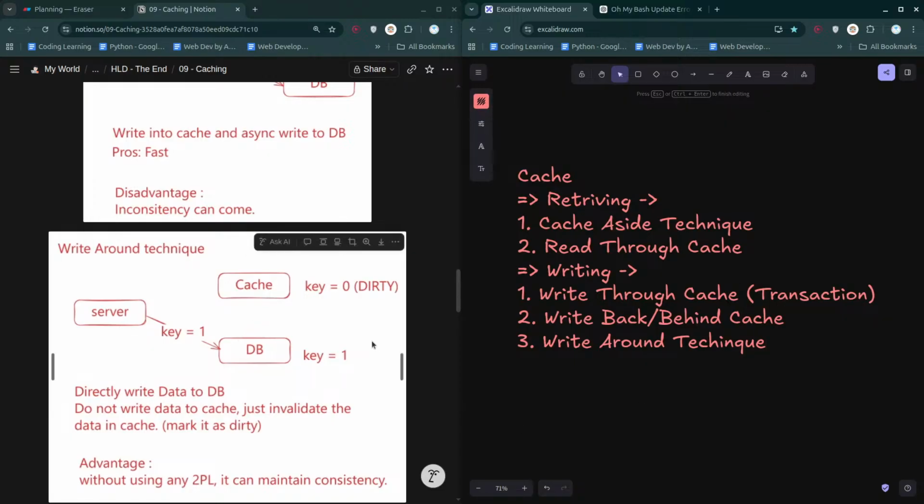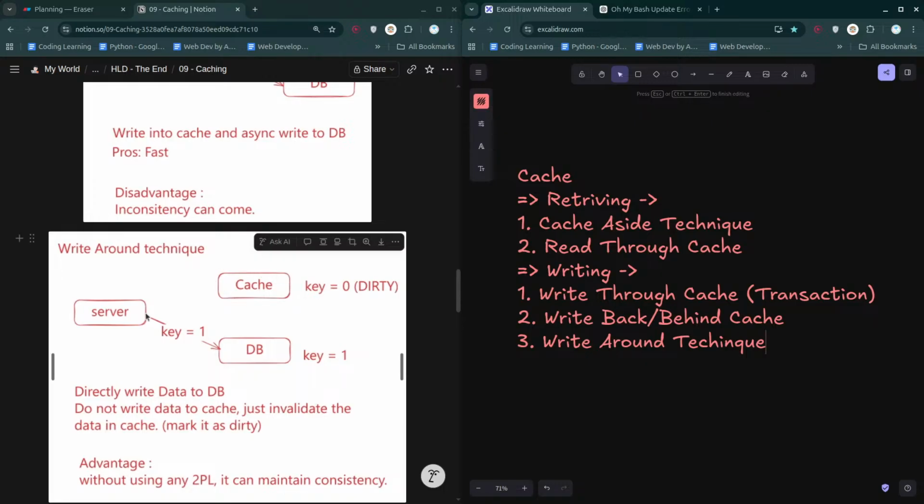So what happens over here, that directly saves it in the database, you are going to be invalidating that cache. So whenever you make a request, if the cache is invalidated, it will make a request to the database. It's pretty simple. Invalidating in the sense, suppose by default you will have some data in the cache, and as soon as you change some data in the database, the cache that you have got dirty, in the sense that it is not current data in the cache.